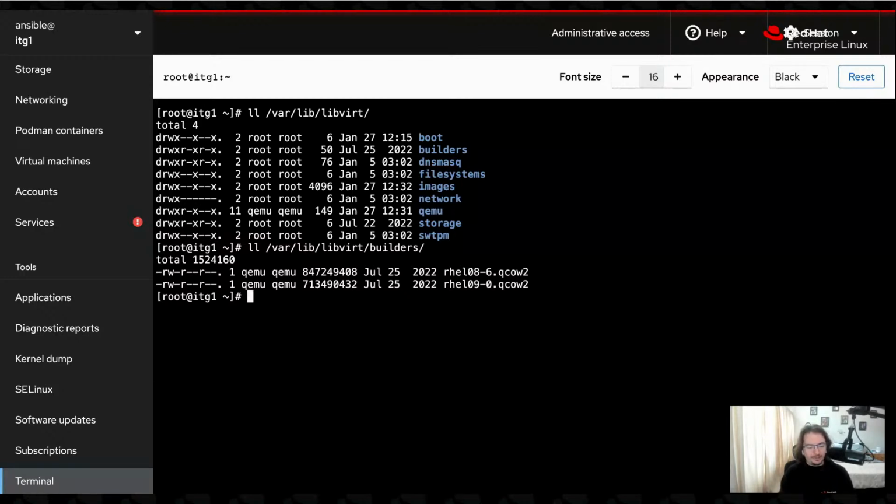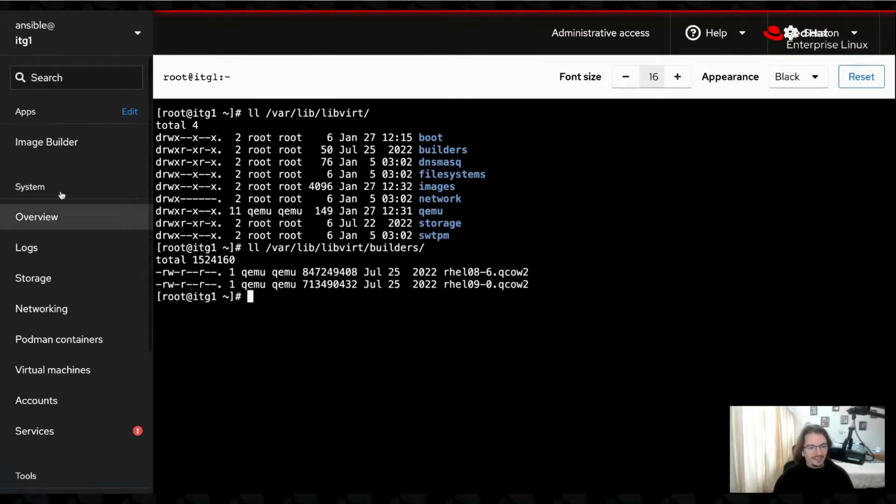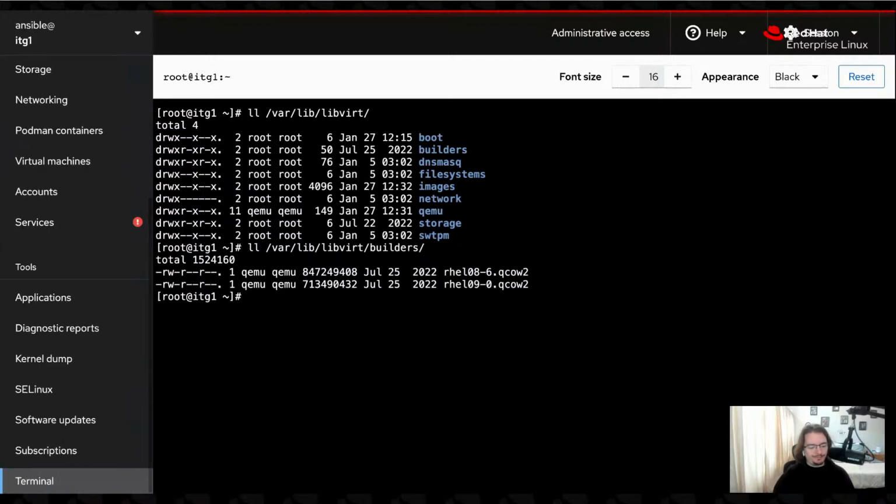What these are is they're about 4-ish gigs in size, and I created them using the image builder tool. In fact, it's right here on my local machine. So I've used image builder to define basically an Ansible user, install a couple of packages that I want on all of my builds, things like tmux, vim enhanced,